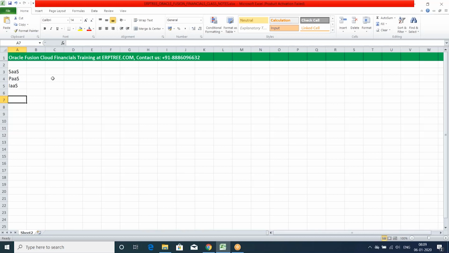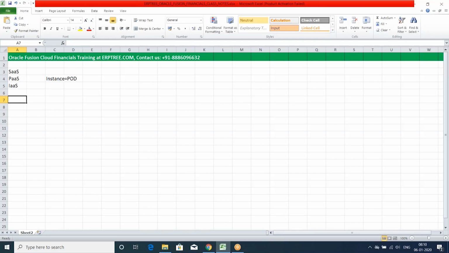Whatever environment we get access to for the Oracle Fusion applications implementation, we can simply call it an instance, where you can find all the applications. In cloud, the same instance you can call a pod. You can call it an instance or you can call it a pod. Since it's a cloud, you can call it a pod. Instead of calling it a Fusion instance, you can call it a Fusion pod, like iPod. Fine. So lightweight.